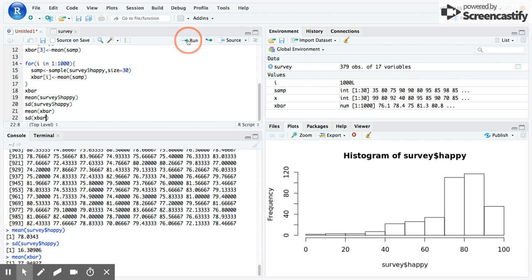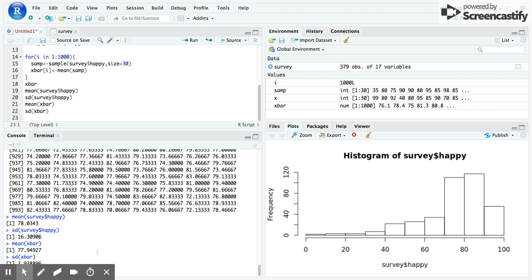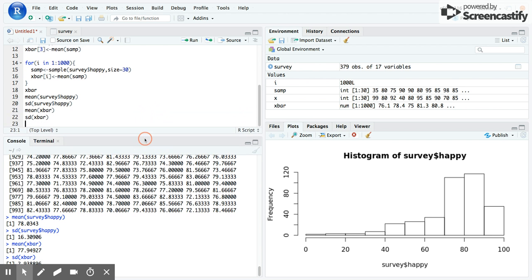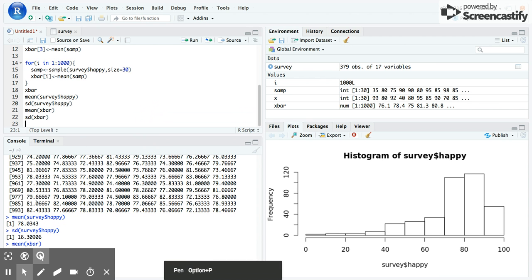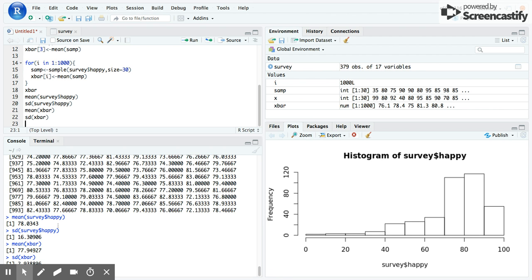Now, what about the standard deviation of X bar? Is that the same thing? Well, it's a whole lot smaller. It is 2.94, whereas the standard deviation of the happy scores was 16.31. Why is it so much different? Well,